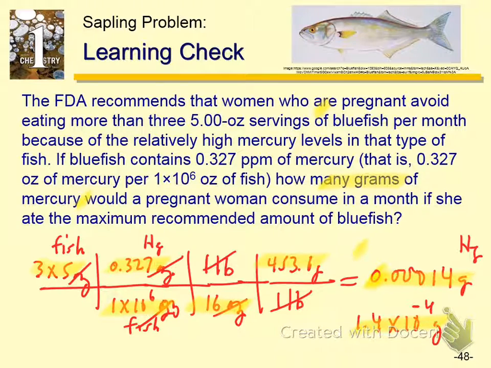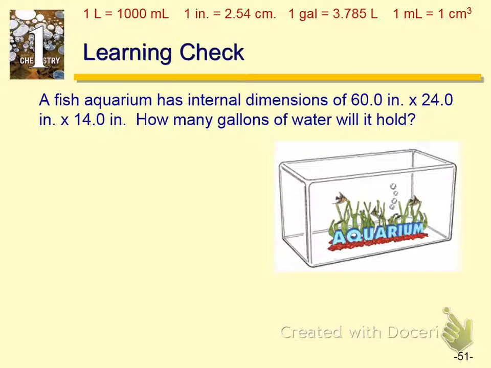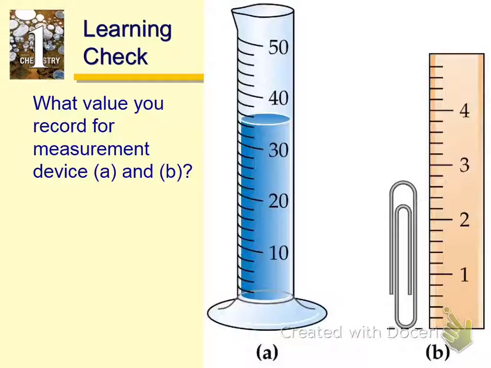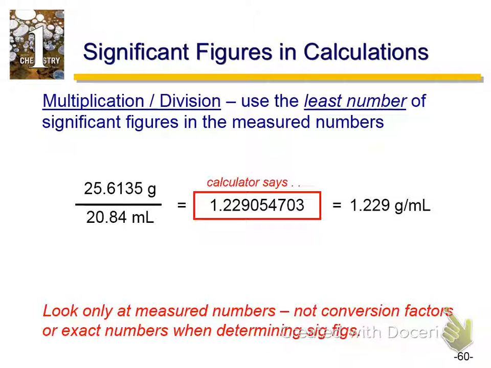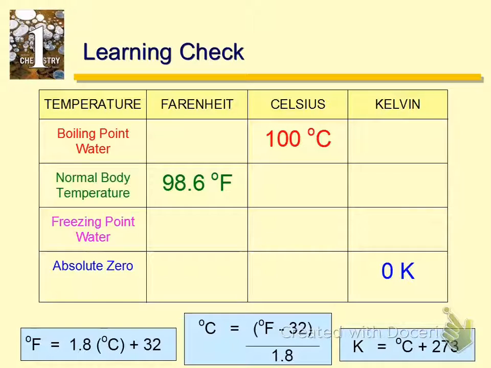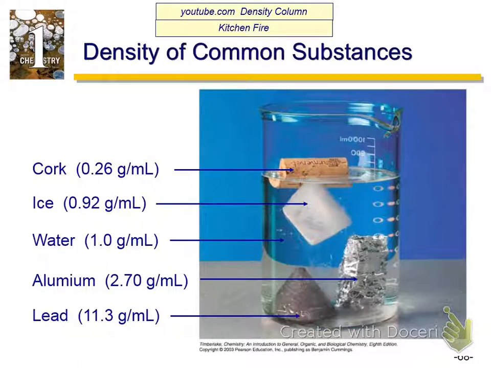That makes sense? Okay, we've got a section here on square and cubic measurements. I think I'll put a video up there for you to do that. And then we're going to talk about all this stuff on precision and accuracy and significant figures. We're going to cover a little bit of that in lab, but there's videos out there. You need to watch the videos because we're not going to cover this in class. And then we got temperature, there'll be a video. And then density, we're going to be doing that in lab and doing a lot of these calculations, so I'll have a video out there for that. So next time we're going to start chapter 2 on Friday, okay?